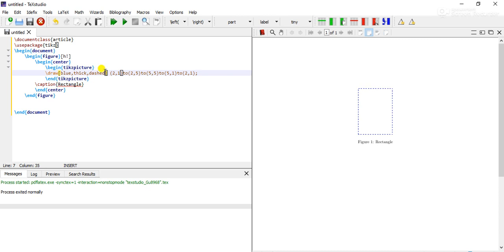Suppose in case I want to fill this rectangle with blue color, now again I can just give it as fill, so that the entire rectangle box will be filled with blue color. Or if I want to change the color, I can change it to some other color, such as red or orange. Whatever color you want, you can just give it. So you will get the desired output. So let us wait for some time.